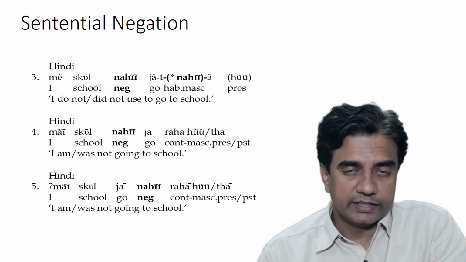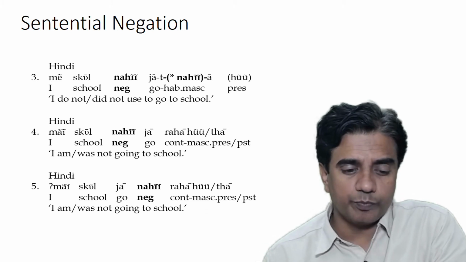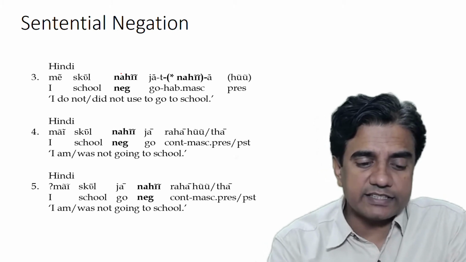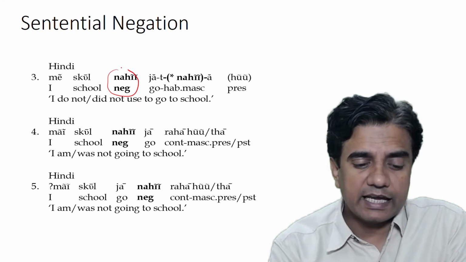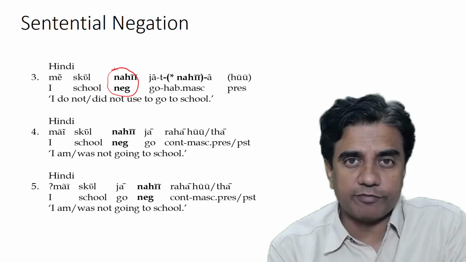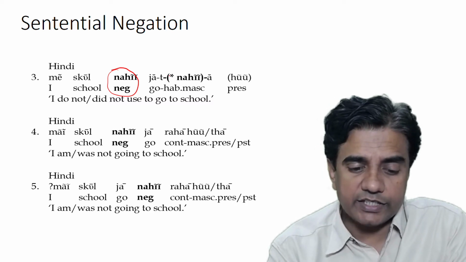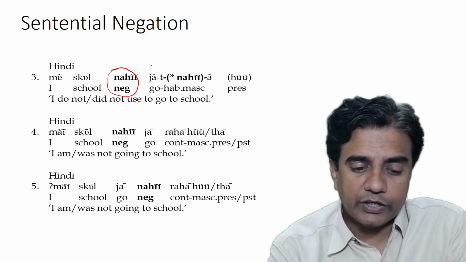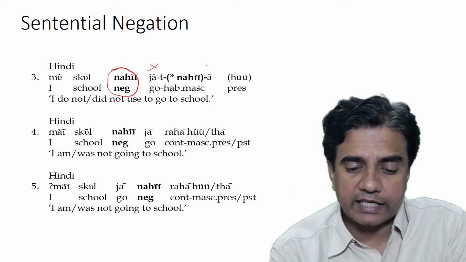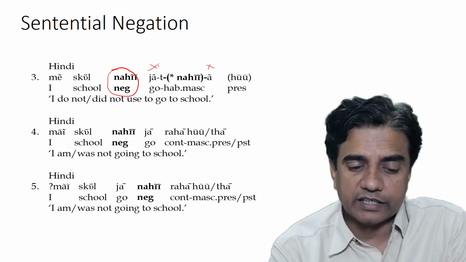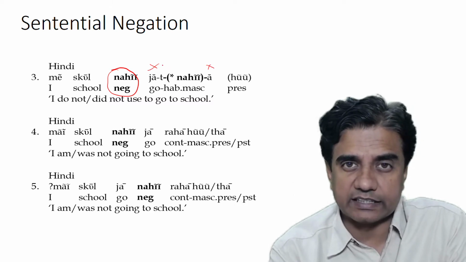However, as long as the negative element nahi stays to the left of the verb, the sentence is good. However, it is not okay to put nahi in between the verb, that is the lexical